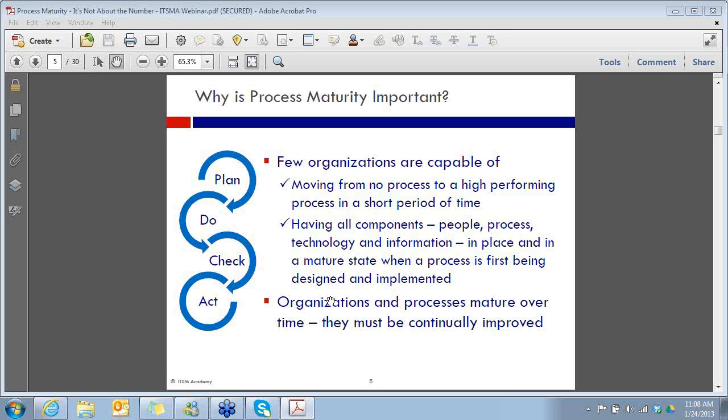If anybody had a chance to be in our webinar last month, that's one of the things our speaker talked about, the process for designing and improving processes. So that speaks to that notion of organizational maturity and just learning to do that. So it's important because it's hard and because, yes, ma'am?